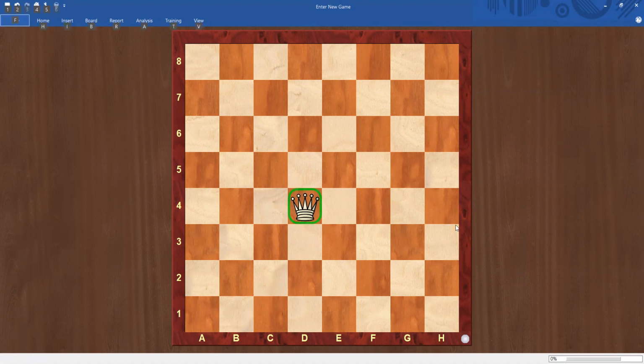The queen moves like a rook and the bishop. It's a combination of the rook and the bishop. If it is here on a black square, it will move like a black square bishop in diagonals, and it will move like a rook in straight lines.